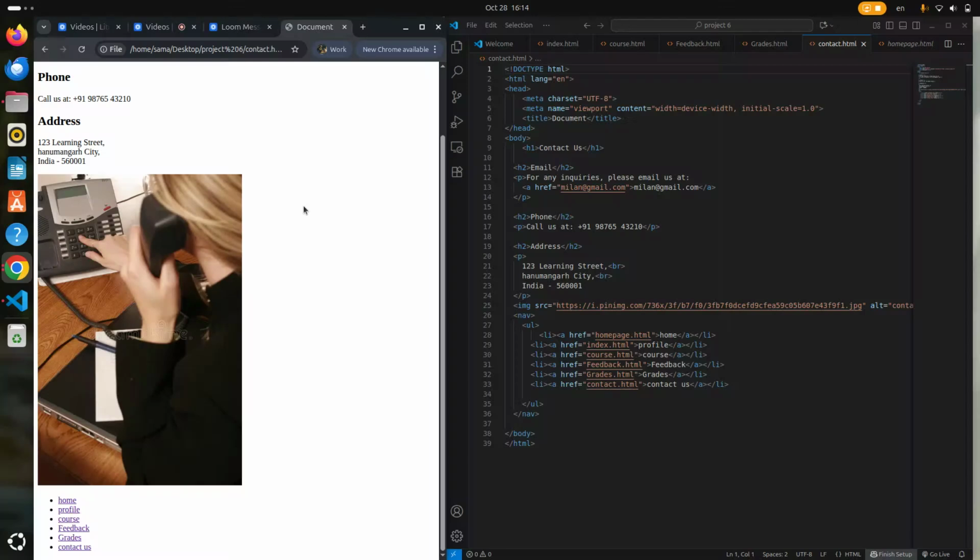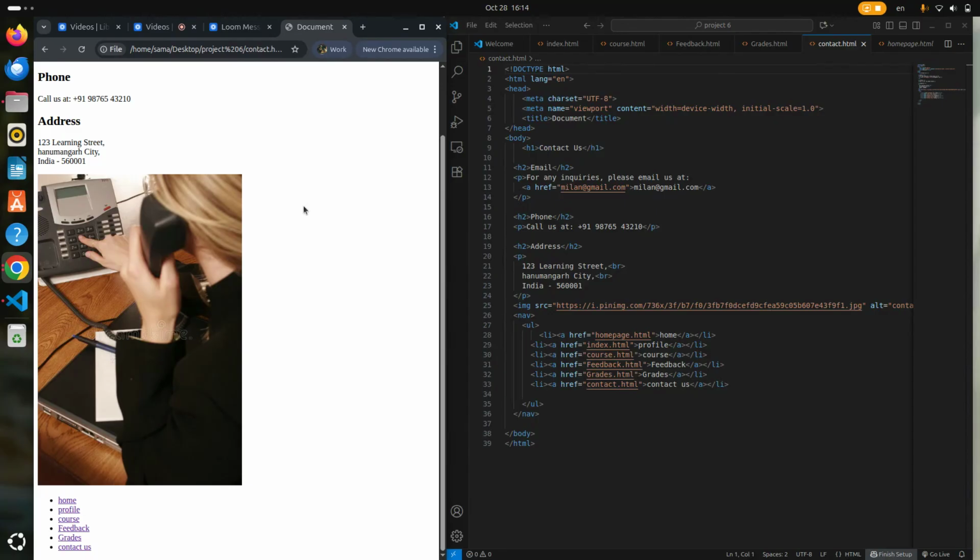When doctype is written in HTML5, it helps the browser understand and render the page correctly. After that, the HTML lang="en" is the root element of your HTML page. The lang attribute tells the browser that the content is in English. Next is the head. The head section contains meta information about the web page, not visible on the page.